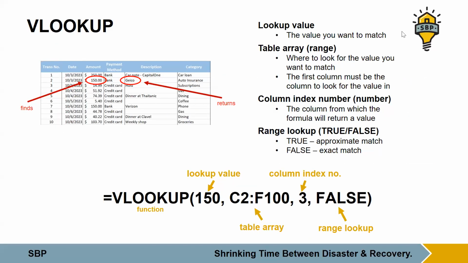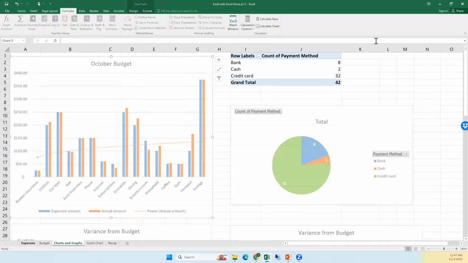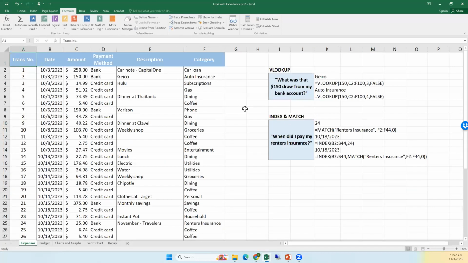And then I'm going to show you guys my screen to look at. Oops, an expensive tab. So here are my examples of VLOOKUP. So I can ask the question, what was that $150 draw from my bank account? I want to know what it was. So I would type in the formula that we saw on the screen, and I would get the answer Geico